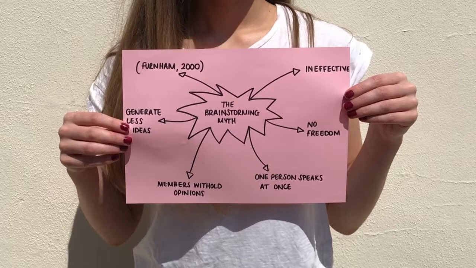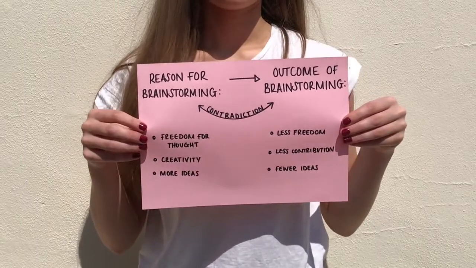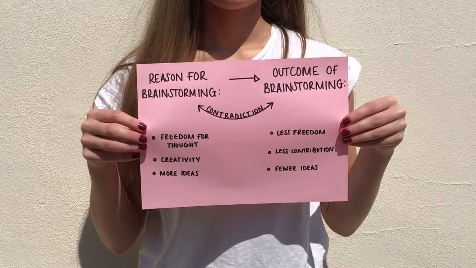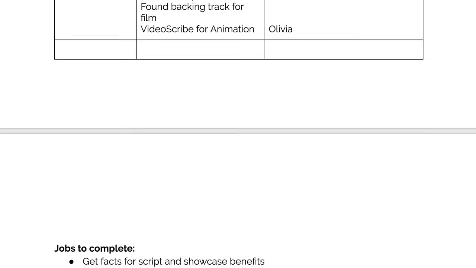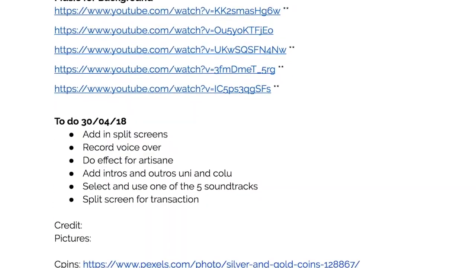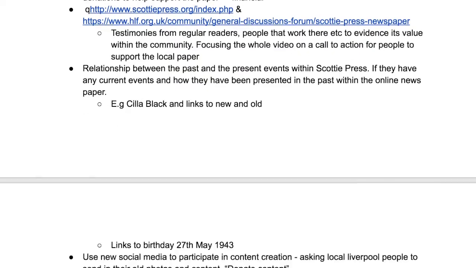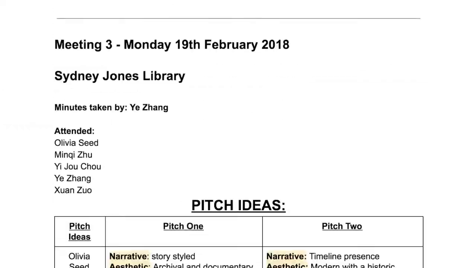They may have then forgotten or felt less passionate to say anything once the conversation reached a point suitable for their interjection. There has therefore been an apparent contradiction between adopting a brainstorming idea and the actual beneficial utility of it, as demonstrated by the contrast in outcomes. To try and overcome this and to efficiently store and have access to ideas at all times within both groups, we set up a Google Docs page.